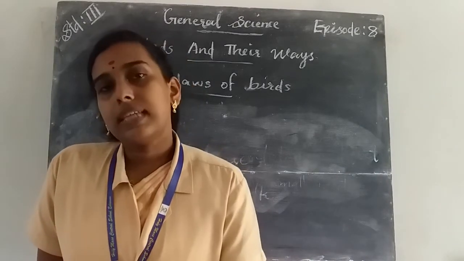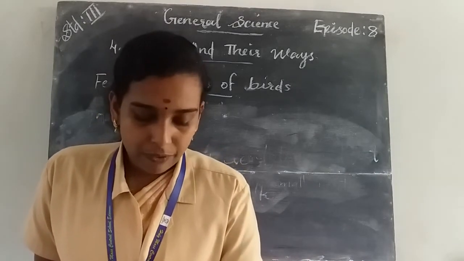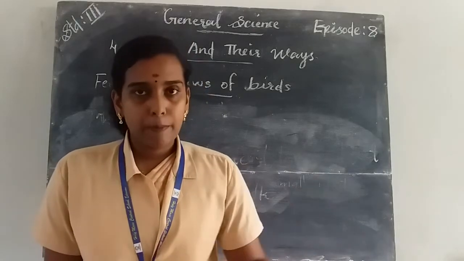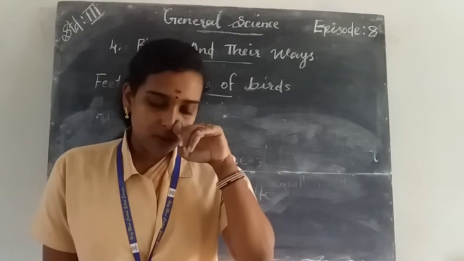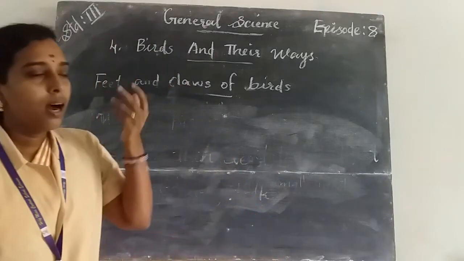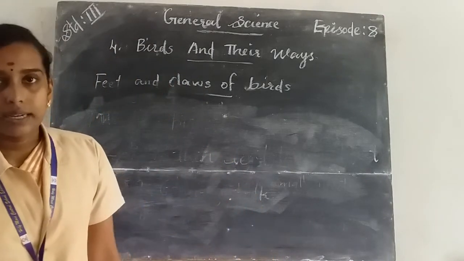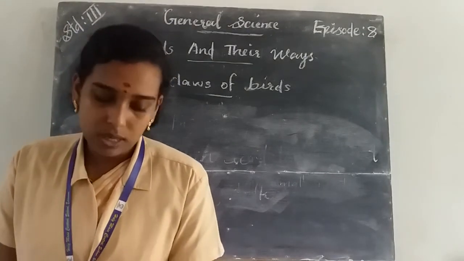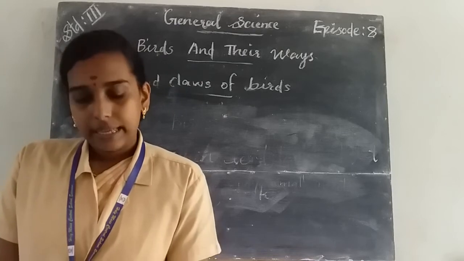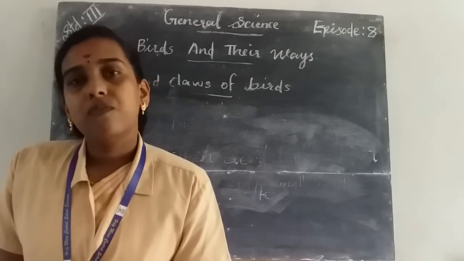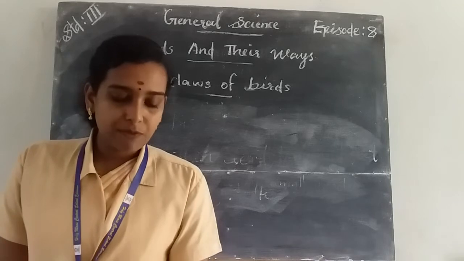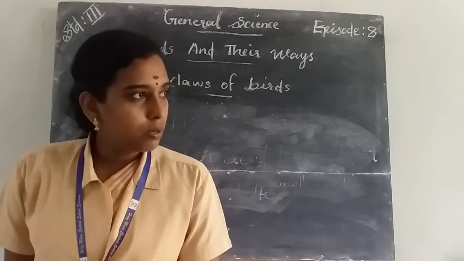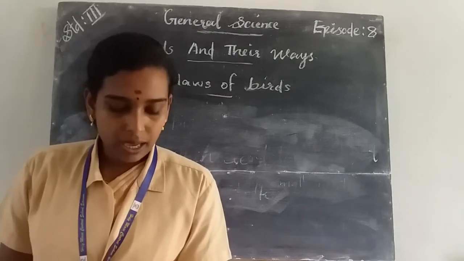And also we studied how birds fly differently. Some birds fly very high up in the air, some fly at lower heights, and also some birds fly short distances and other birds fly very long distances. Peacocks and hens fly very short distances, and birds like geese and cranes fly very long distances, and birds like vultures and eagles fly high up in the air, and birds like bulbuls and sparrows fly at lower heights.